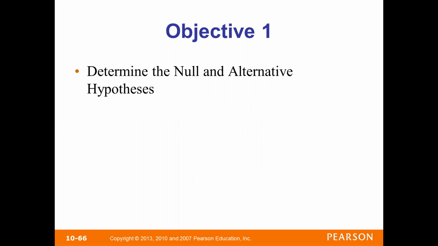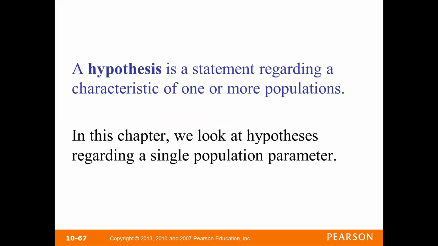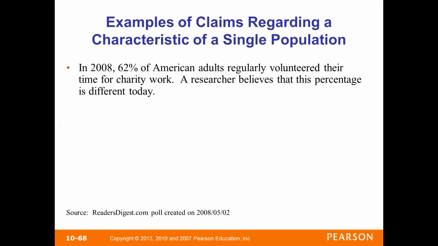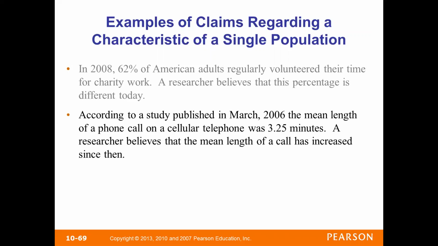To determine the null and alternative hypothesis, we need to define what we mean by hypothesis. A hypothesis is a statement regarding the characteristic of one or more populations. In this chapter, we'll look at hypotheses regarding a single population parameter. For example,